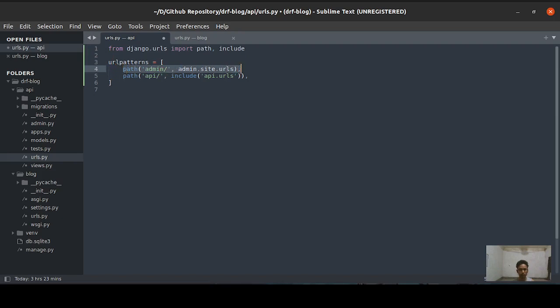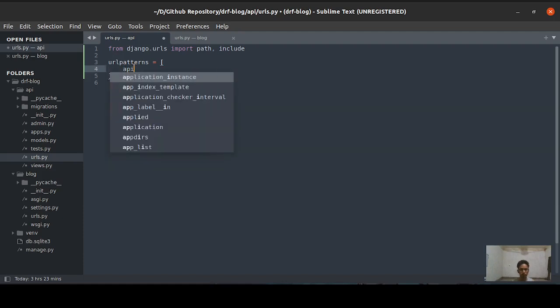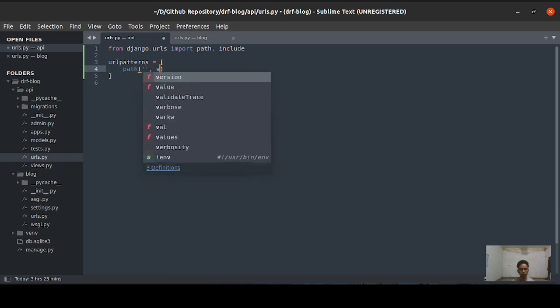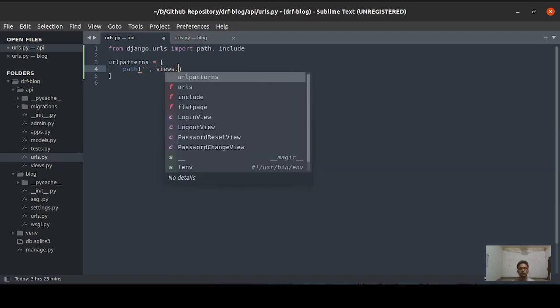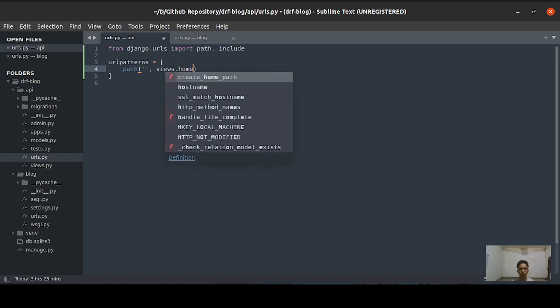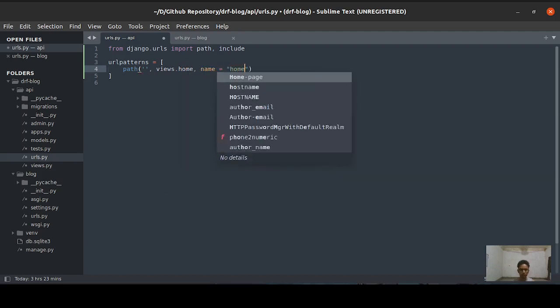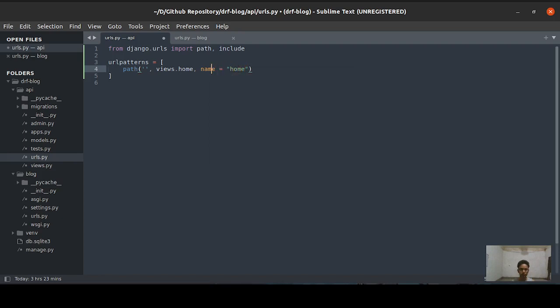To test whether it is working properly or not, let's say a path, and we need to specify the views as well. views.home, and let's name the view as home, right?